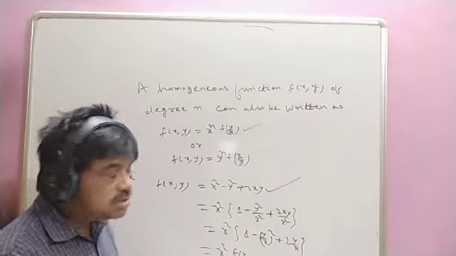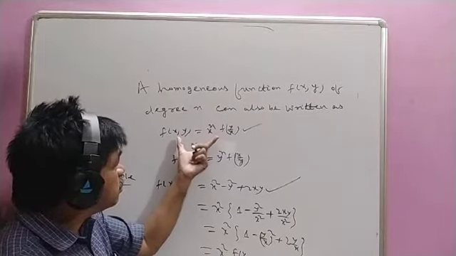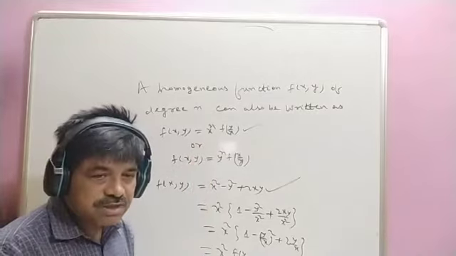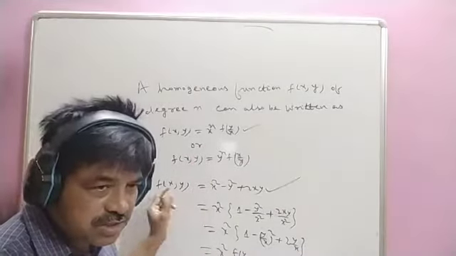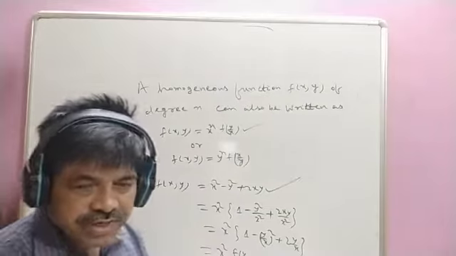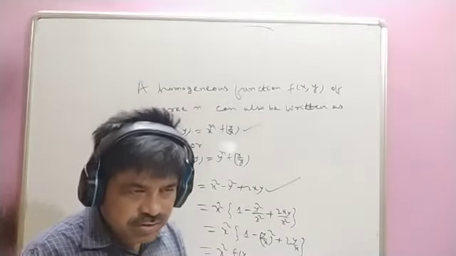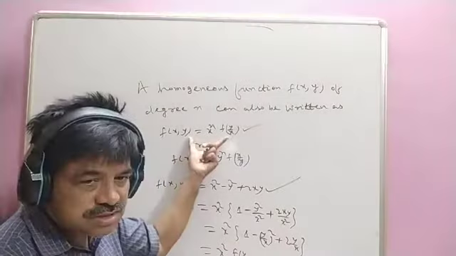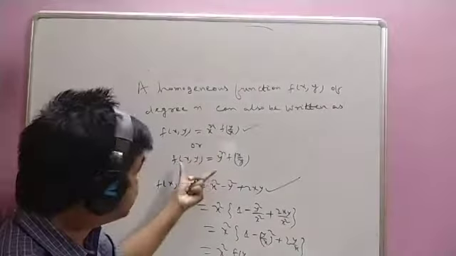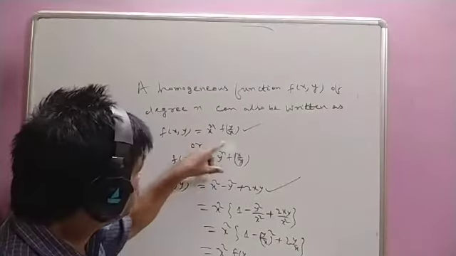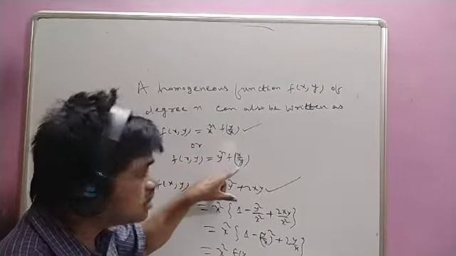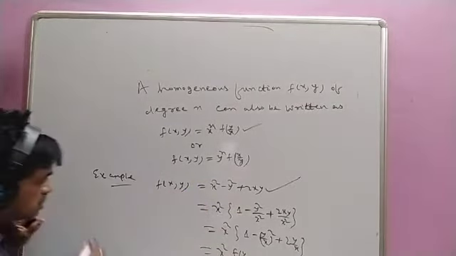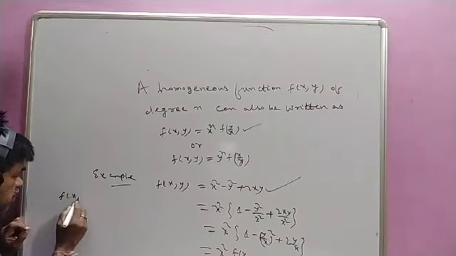Not clear? So this is the other way. How can I identify whether the given function is a homogeneous function or not? You can replace x by kx and y by ky. If the right side becomes k to the power n into f(x,y), that is a homogeneous function of degree n. That is one method which we have discussed previously. But suppose the form is like this, you can say this is a homogeneous function of degree n. Or it may be like this: if it is x to the power n, it is a function of y by x. If it is y to the power n, it is a function of x by y, not y by x.